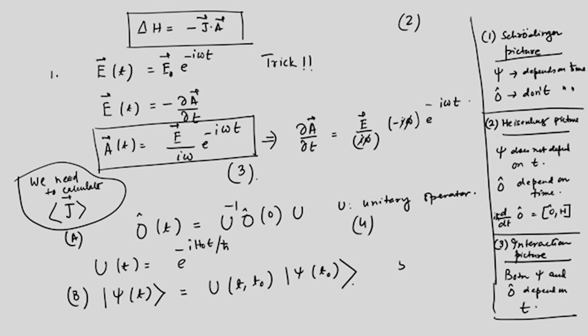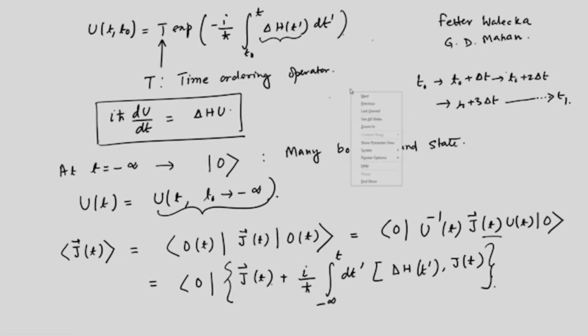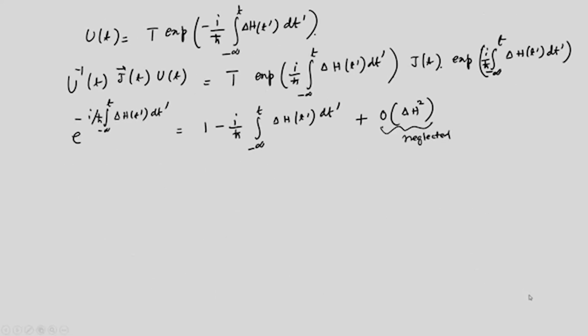equation number 4, this is equation number 5, this is equation number 6 and this is equation number 7, and so we will have maybe this one as equation number 8. This is equation number 9. So, if you put this in equation 8, putting equation 9 in equation 8,